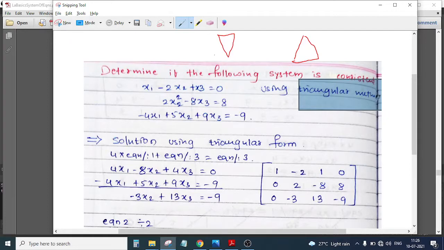Say for example I have three equations, and there are three variables, that is x1, x2 and x3. We should write our equations in such a manner that the equation having all three coefficients is written at the top. Say I have 5 such equations, all written like this. Then there comes an equation wherein we have only 2 coefficients, which will be written at the bottom. And I have one more equation wherein I have only one coefficient.